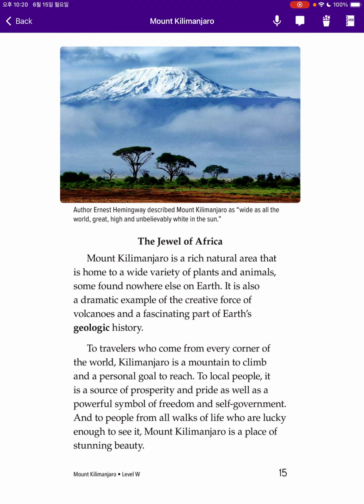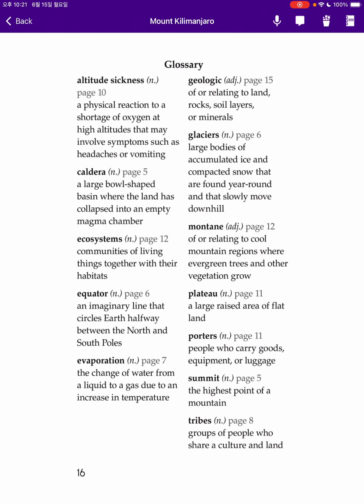Mount Kilimanjaro is a rich natural area that is home to a wide variety of plants and animals, some found nowhere else on Earth. It is also a dramatic example of the creative force of volcanoes and a fascinating part of Earth's geologic history. To travelers who come from every corner of the world, Kilimanjaro is a mountain to climb and a personal goal to reach. To local people, it is a source of prosperity and pride as well as a powerful symbol of freedom and self-governance. And to people from all walks of life who are lucky enough to see it, Mount Kilimanjaro